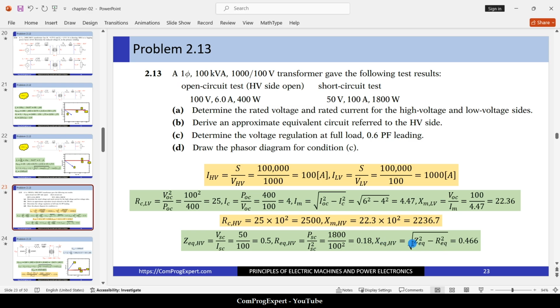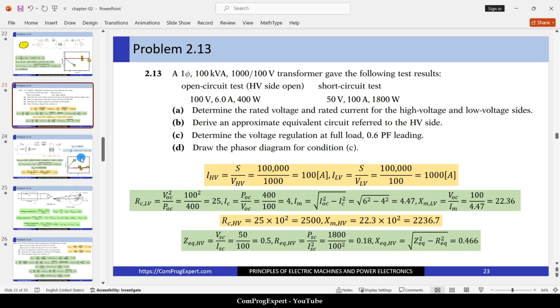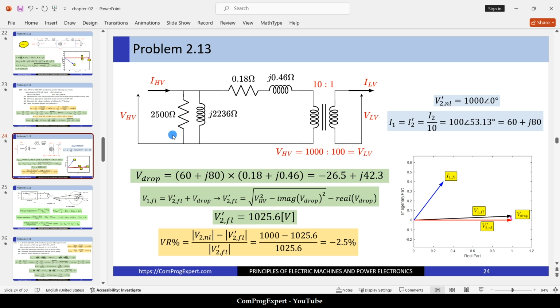That is the square root of Z equivalent to the power 2 minus R equivalent to the power 2, which is equal to 0.466. So we calculated the parameters of the equivalent circuit referred to the high voltage side, and now we can draw